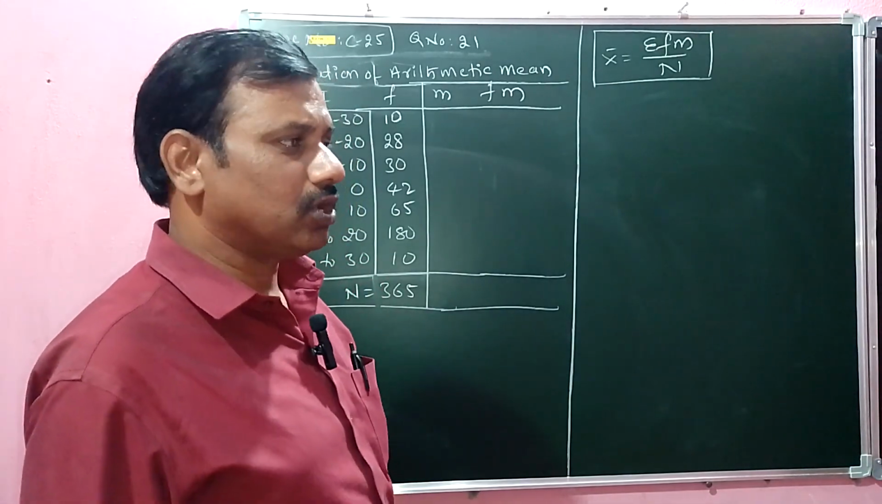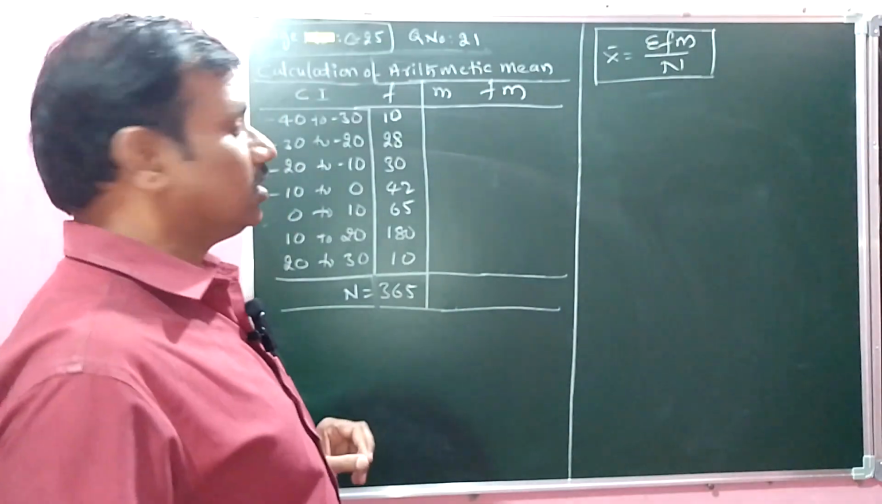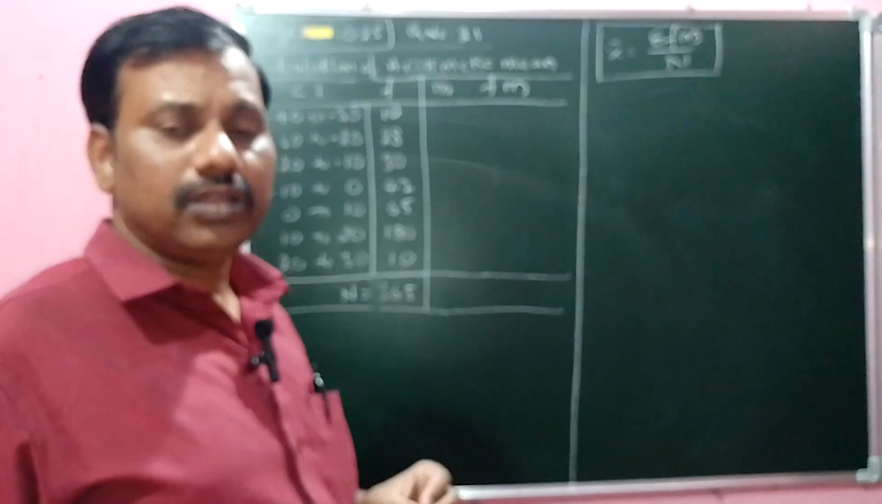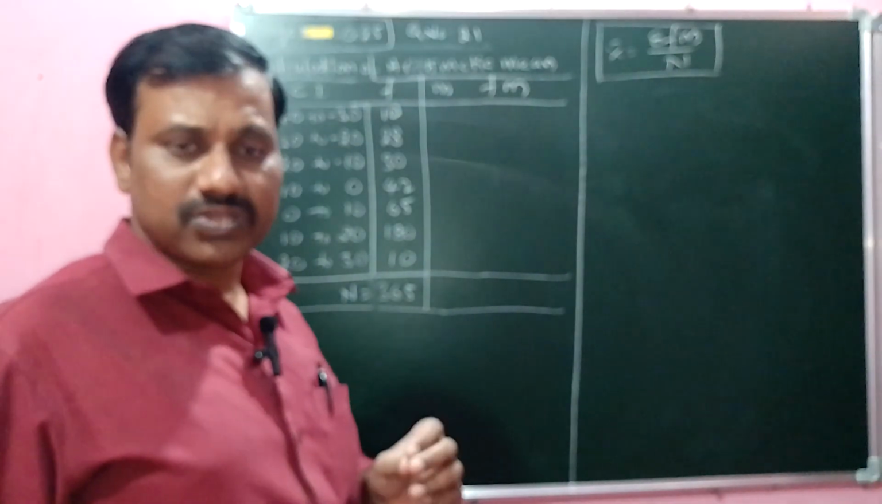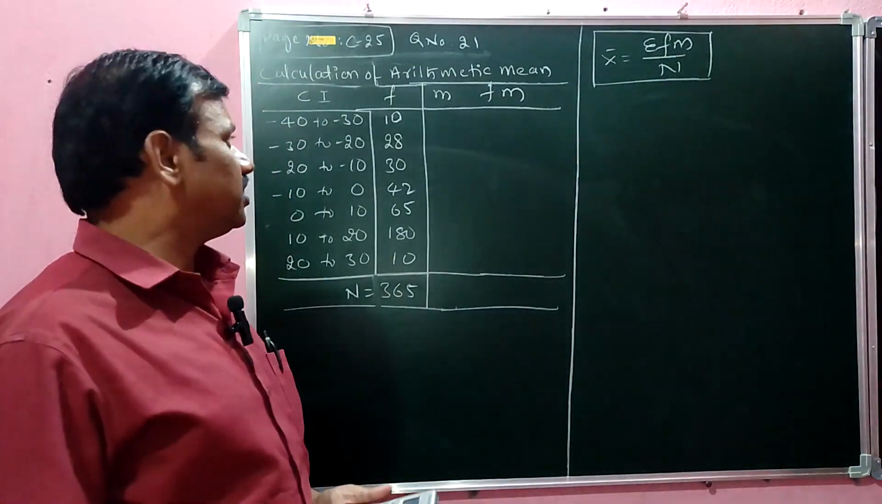Today I am going to solve question number 21. It is in Business Statistics 1, third unit, Measures of Central Tendency. So, given question is